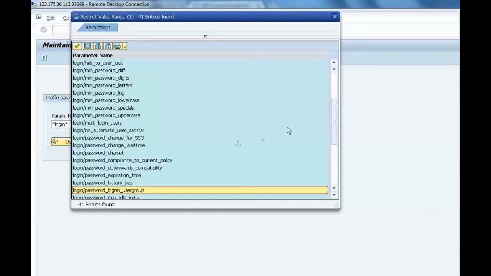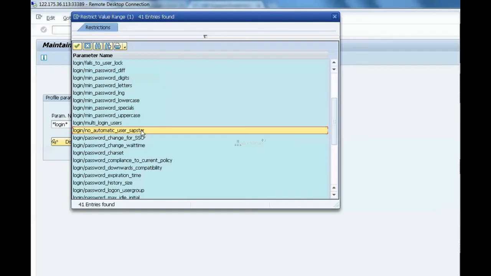So in RZ10 we have to go and edit. RZ11 is only display. In RZ11, check that parameter, check the current value, check the default value, and based on that, maintain the parameter in RZ10.